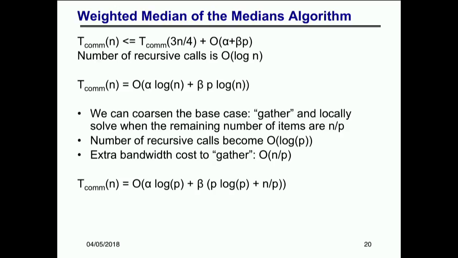And why n over p? Because to go from n to n over p, instead of doing log n recursive calls, you just need to do log p recursive calls. And that helps to come out the analysis numbers right, the asymptotics right. So now from log n, your number of recursive calls becomes log p, okay? And there is an extra cost to gather. So the communication cost, instead of having a log n factor, it now only has a log p factor. So instead of these log n's, you have log p factors, but the extra cost to gather showed up here as n over p. But that seems to be fine because n over p is what's expected anyway from a